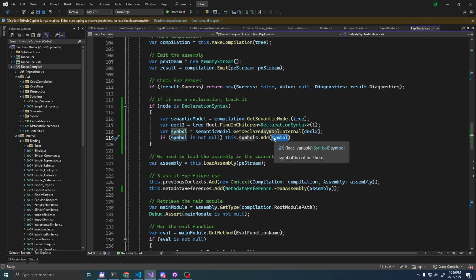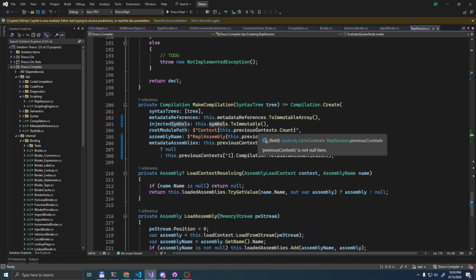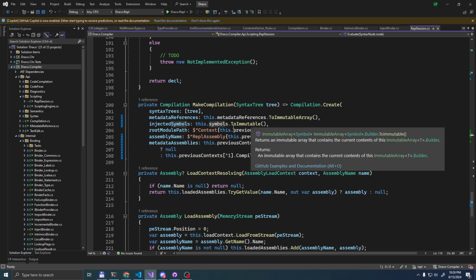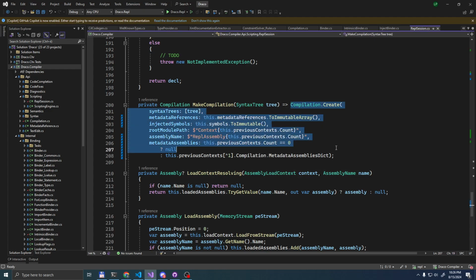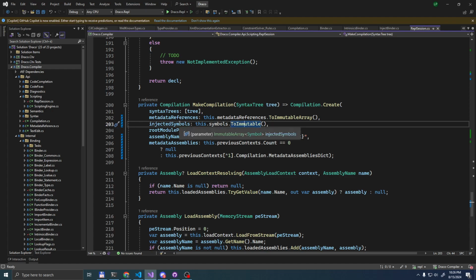I mean, we can stash this. That's not a problem. But when we say what we want to inject, we actually want to look it up in the current compilation, which is problematic because that's going to be recursive. We have not created the compilation yet, and we still want to inject the symbols. So we cannot inject the symbols here directly, but we need to somehow be able to reference them by name, maybe.